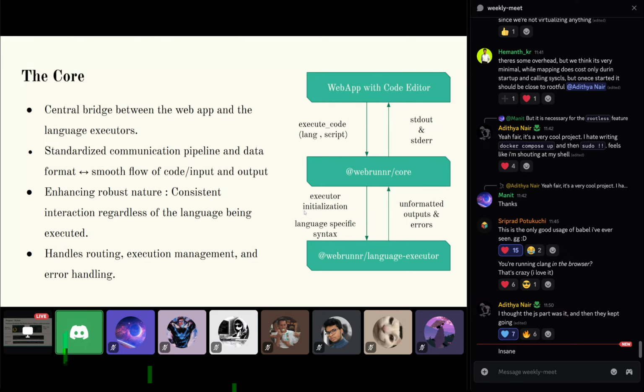Our main achievements with the core were that it was a central bridge. It also had a standard communication pipeline and data format. So basically, we had standard functions between the WebRunner core and the web app. Even if you're seeking input for, say, a Python execution, the user only had to handle work in a similar format, so the code base would be clean,